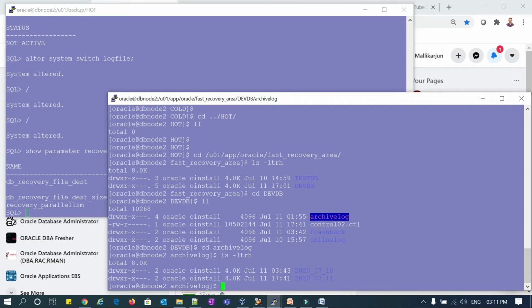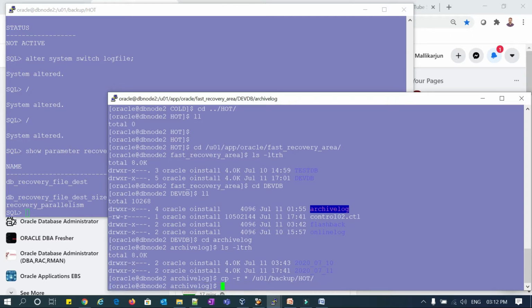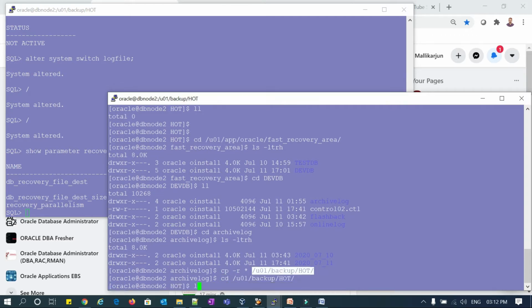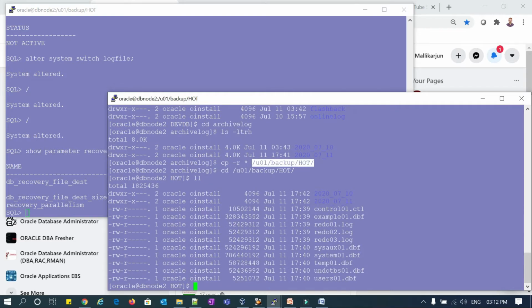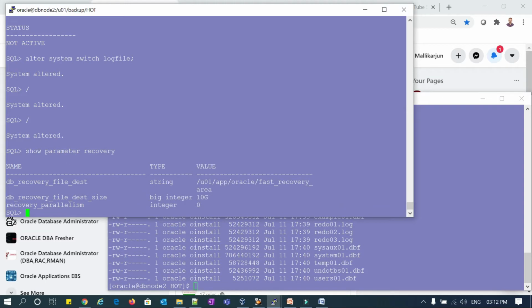I'll copy all the archive logs with cp -r star to my hot backup location. Copy done. If I go back, yes, my archive logs are here. So now the backup is done.